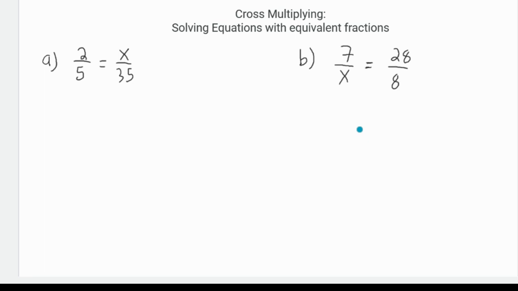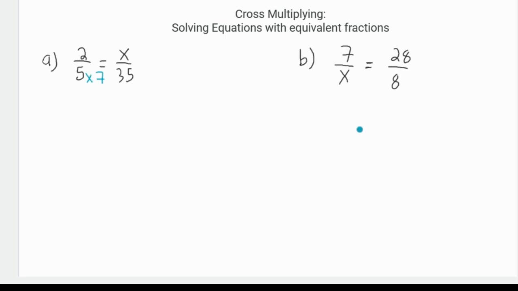So when I see this, okay, I've got a fraction equals another fraction. These are equivalent fractions. This fraction equals this fraction. So the first thing I can say to myself is, okay, how does this fraction become this fraction? What am I multiplying by or dividing by? And if we do a little bit of thinking, we can see, oh, wait a minute,